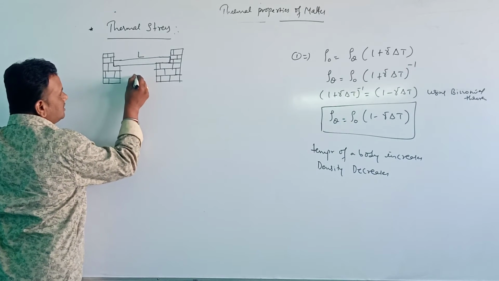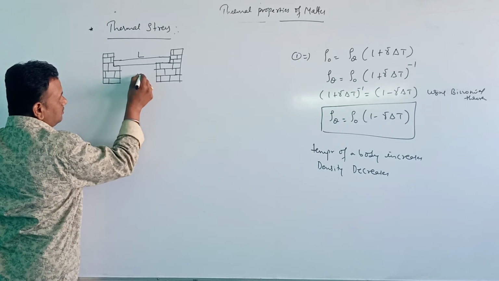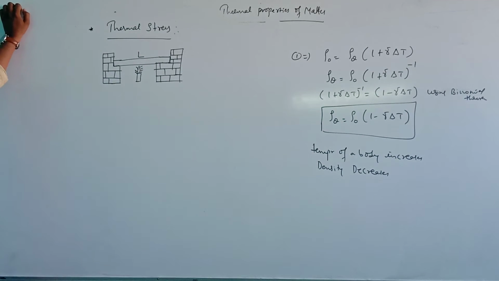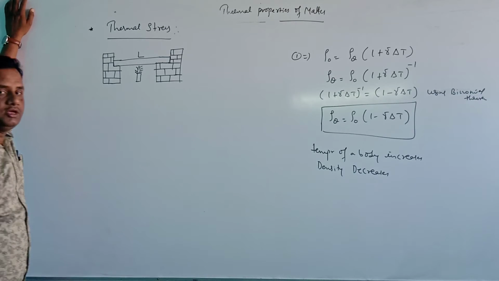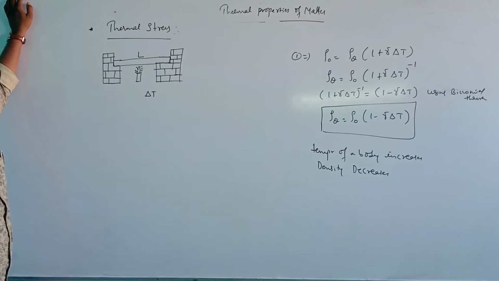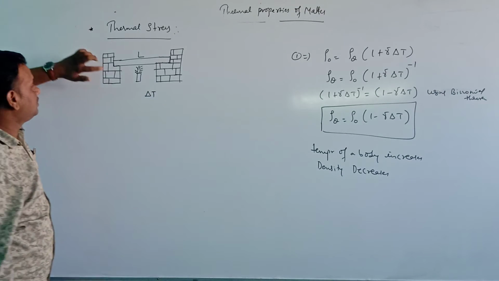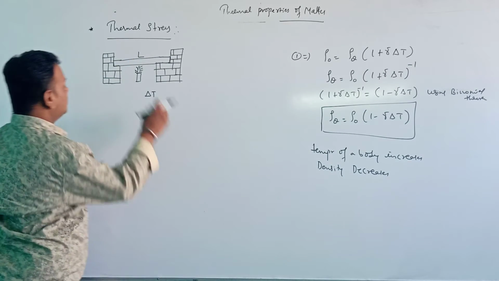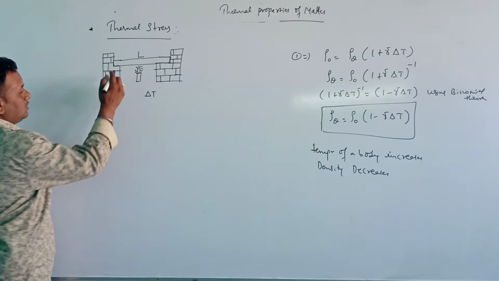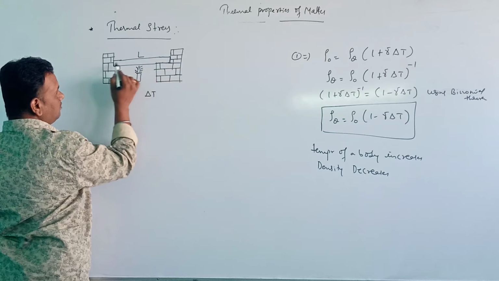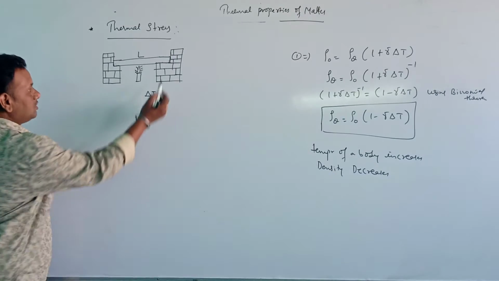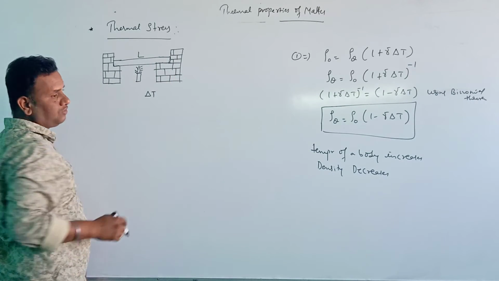Now if this metallic rod is heated, then what happens? Due to the rise in the temperature, here temperature is raised by delta T. Delta T is the increase in temperature. Because of this rise in temperature, this metallic rod starts to expand. Now because there is no space at these rigid points, it is being fixed at the two rigid supports. So because of the no space here, what happens?